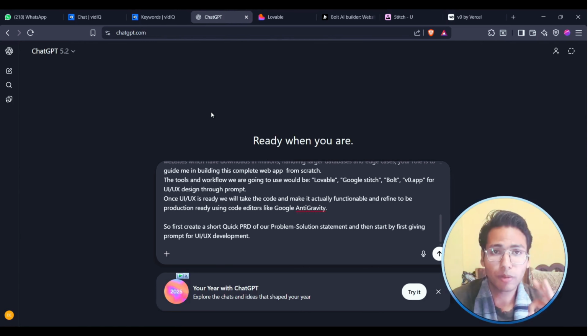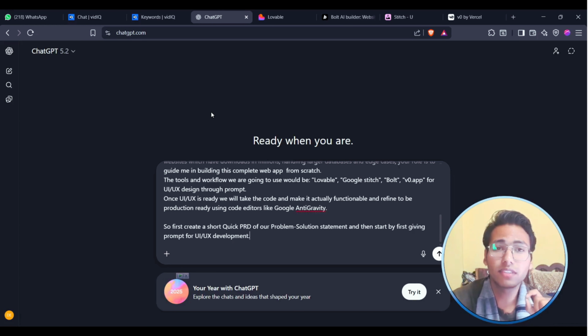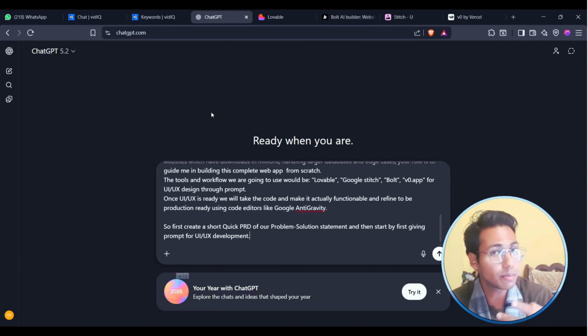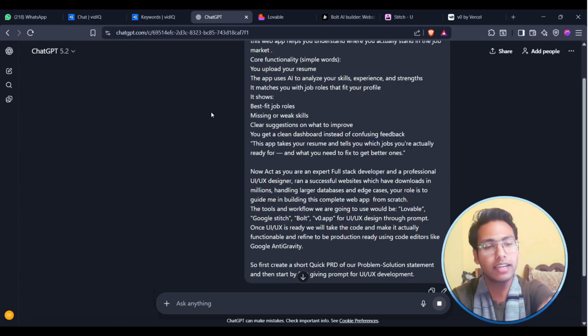We gave a proper prompt to give the ChatGPT professional idea about our problem statement, our use case. Then we are asking it to give a UI UX prompt generation for the tools like Lovable, Google Stitch, Bolt, V0.app. Once we are done with the clean UI UX minimal design, then we will ask it to work on the Google Anti-Gravity. Again, we will get the prompt to work with Google Anti-Gravity from ChatGPT. So we are syncing a lot of AI together. Okay, so let's hit the enter button